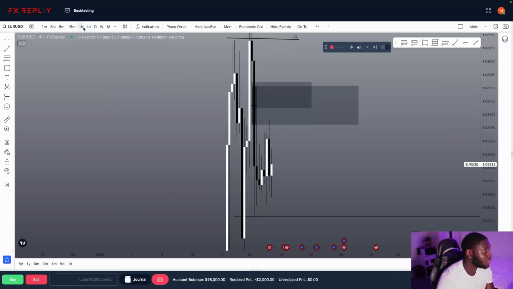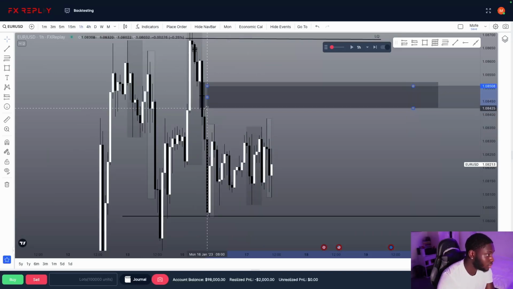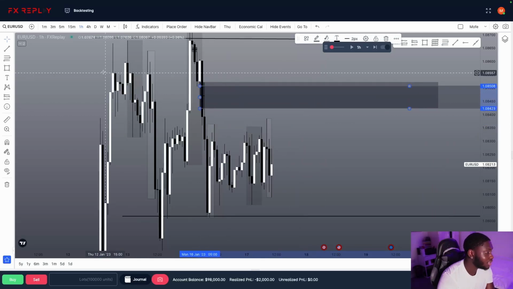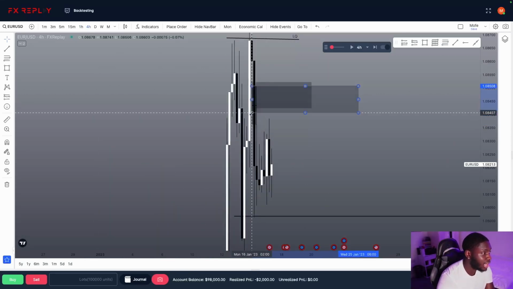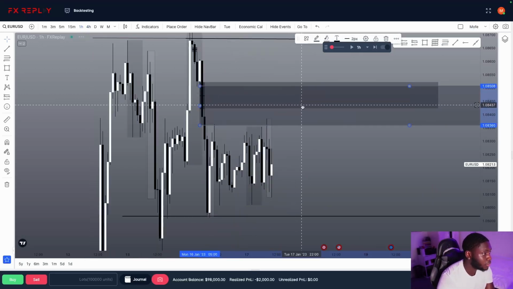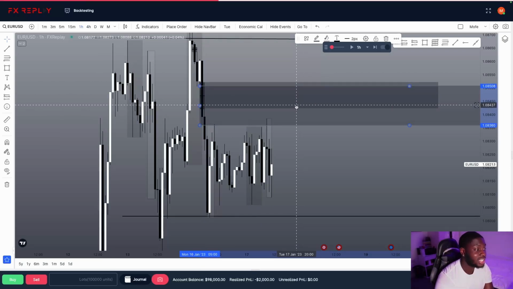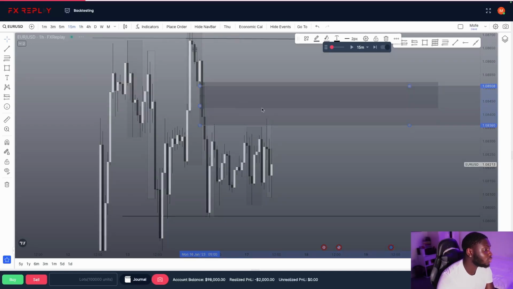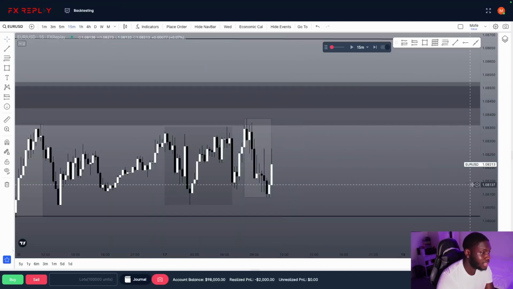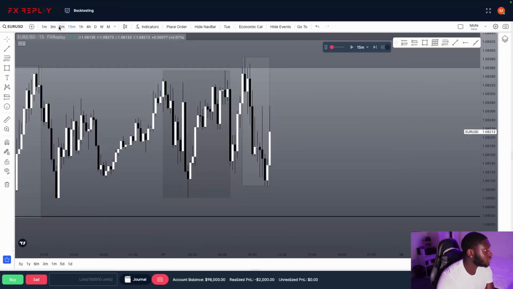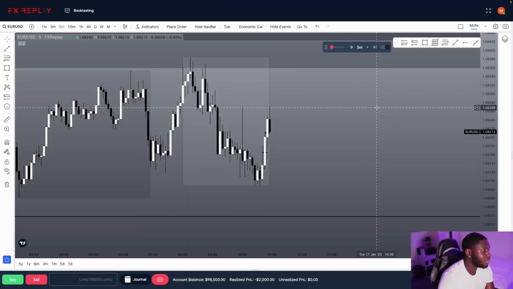I do believe price could push for this area on the H4 fair value gap. I know we've tapped the H4 on the 4-hourly, but I feel like we're going to push into this area, the overlaps like I spoke about in the previous video, before we actually see our true move down. So I'm not really against the idea of taking a buy in itself. If I see a potential buy maybe in this area somewhere, this could have been your buy, but I don't really take order blocks that formed out of my session, which is between 8 and 1 p.m. A buy right now would not really be a bad idea.